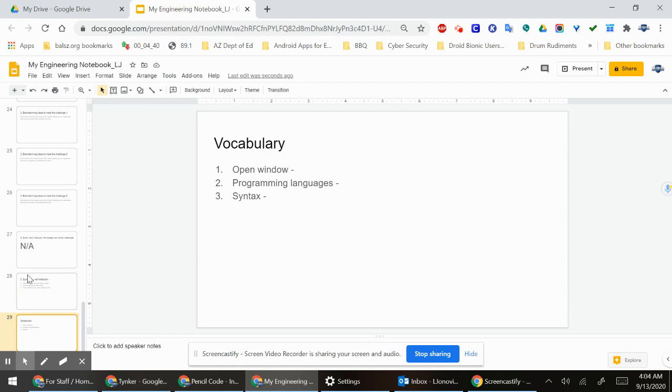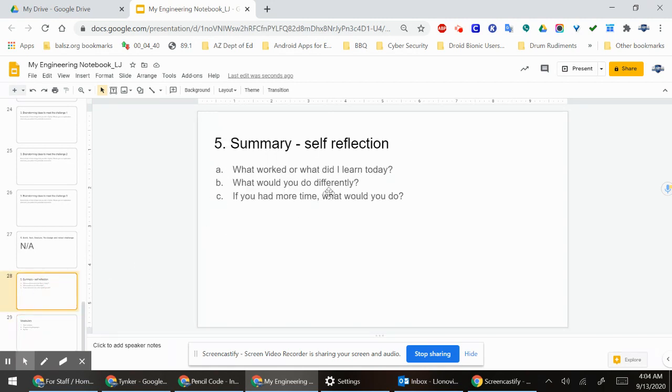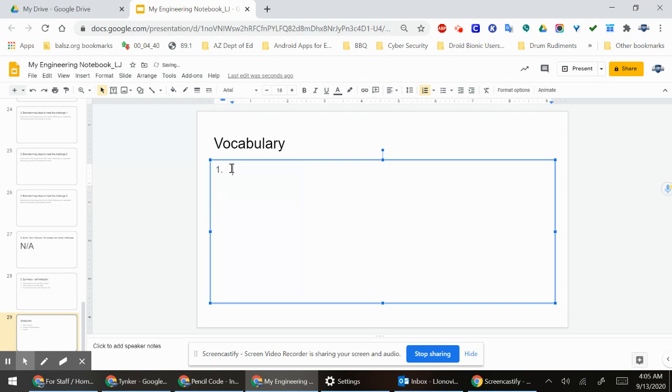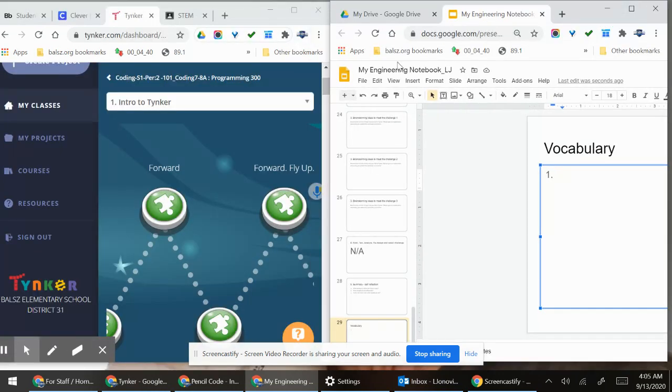And then finally here, if you had more time, what would you do? You might have done more lessons, more of the circles. Vocabulary in here, as you're going along in Tynker,